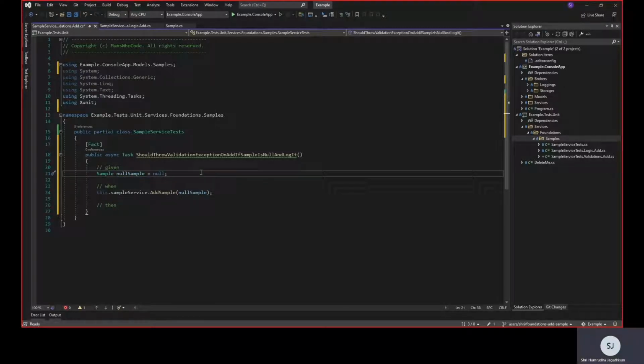Okay, so next, we have prepared our when section which says, okay, I'm going to call you with this null value, and then this is my null value that I'm going to pass in. Now, the next step that we have to prepare is whatever we are going to validate when this method is going to return. Because we are expecting this method to return a validation exception. When it returns, you need to hold that and then verify it against something, right? So we're going to prepare that expected value so that we are ready to validate it